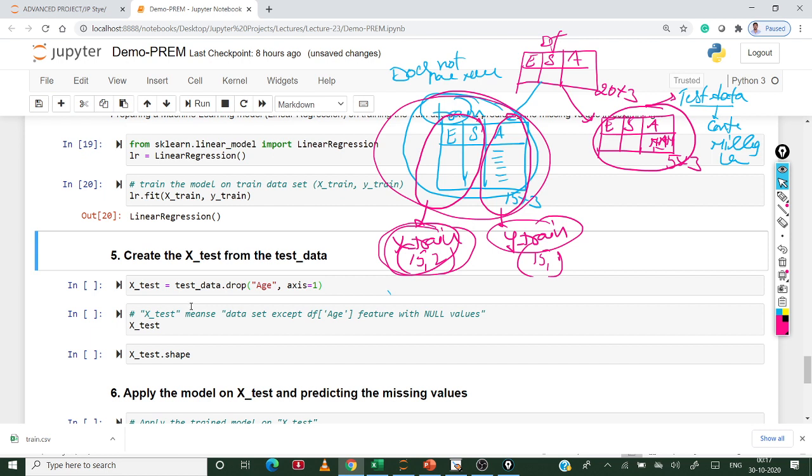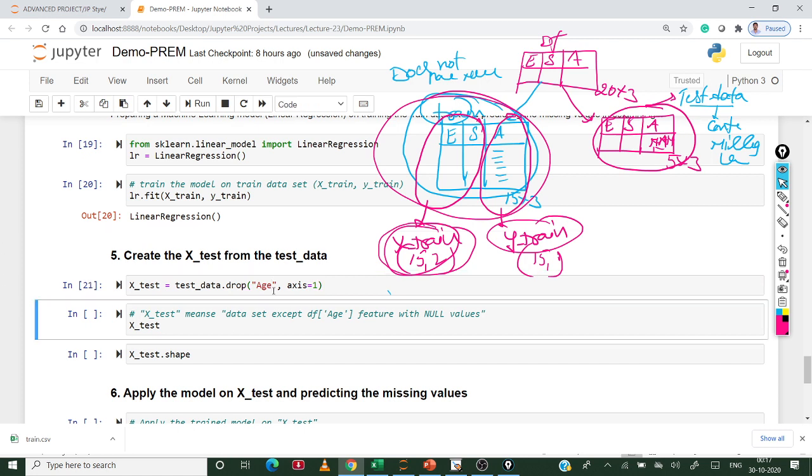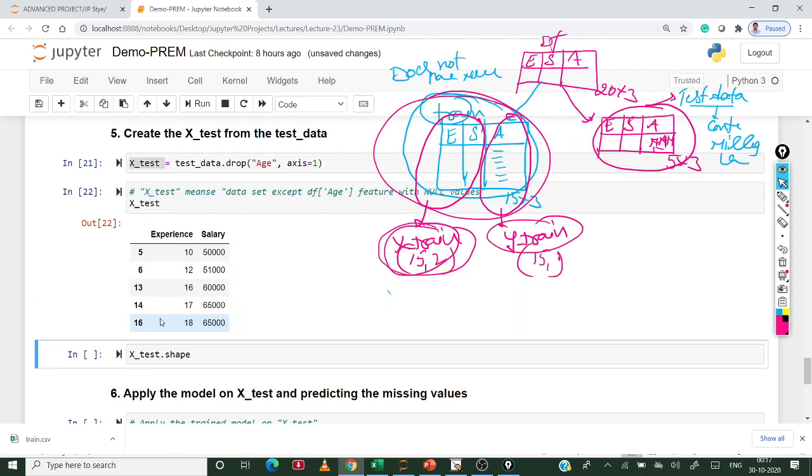So step 5, create the X test from the test data. Create the X test from the test data means we have to execute this cell number 21 from the test data. From the test data we have to drop the feature age and consider the rest as test data.